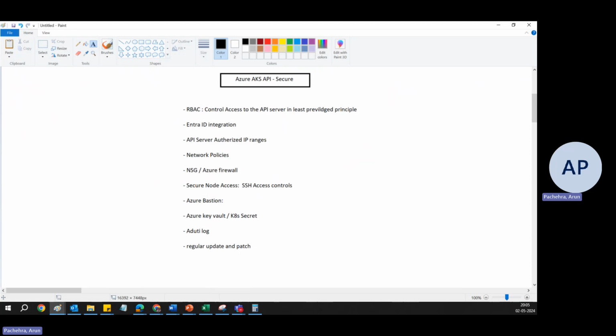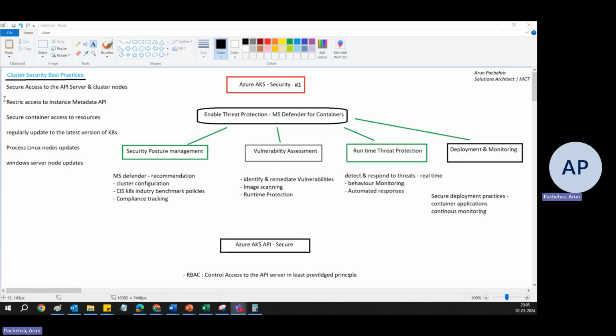Regular monitoring and updates further ensure that the cluster remains secure against evolving security vulnerabilities. Right? Very nice. So we talked about this, and now it's time to talk about another point, which is restrict access